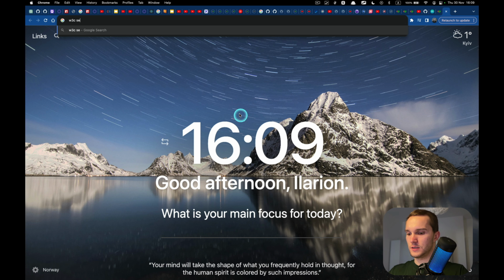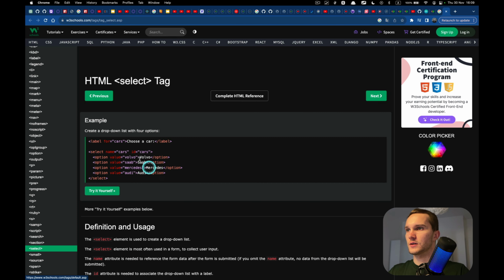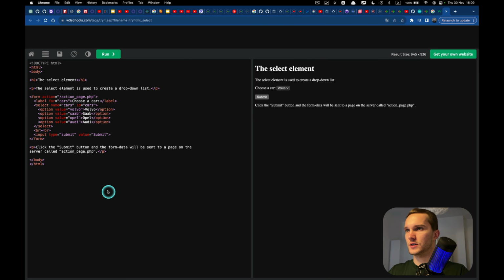W3C select. Yeah, so this is the select tag. Try it yourself. Just a simple drop down. We have select cars and then Volvo, Opel, Audi, some Saab. Don't know this car.